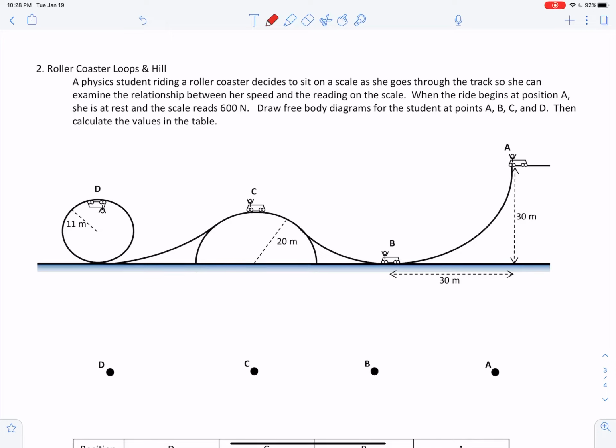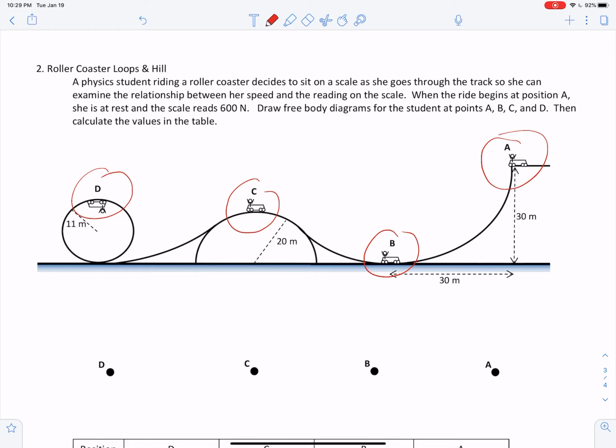Let's take a look at another example of centripetal force and vertical circles. A physics student riding a roller coaster decides to sit on a scale as she goes through the track so she can examine the relationship between her speed and the reading on the scale. When the ride begins at position A, over here, she's at rest and the scale reads 600 newtons. Draw free body diagrams for the student at points A, B, C, and D, then calculate the values in the